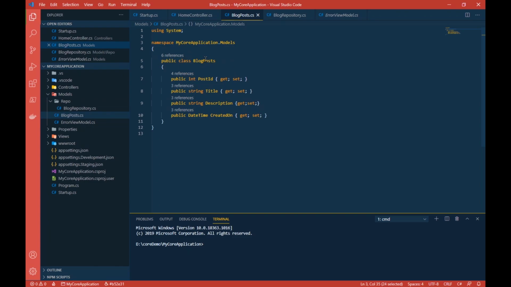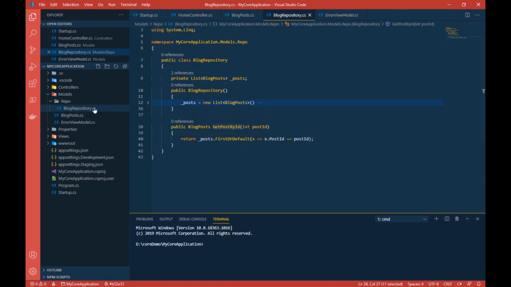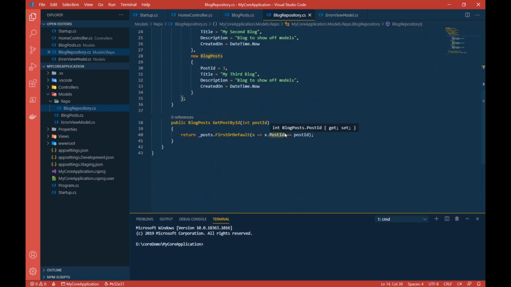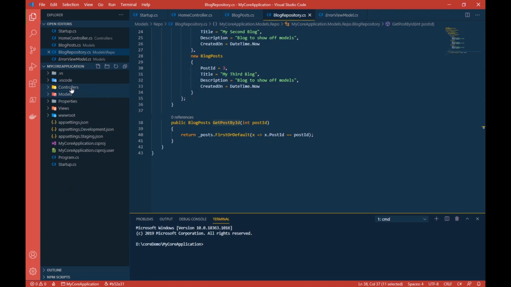First we created a class blog post. The only thing that this will do is handle our blog post and data related to our post. Then we created this blog repository. This repository contains all the logic that we need to handle our data or to display our data. So we have only a single method which gets the data that we need. Now that we have our model to handle blog post, let's use this model.